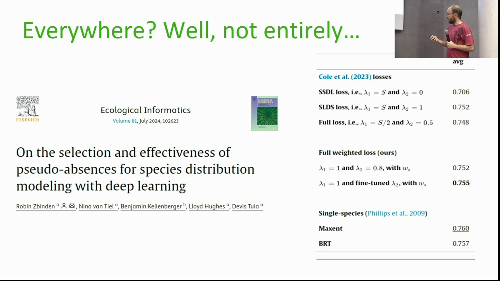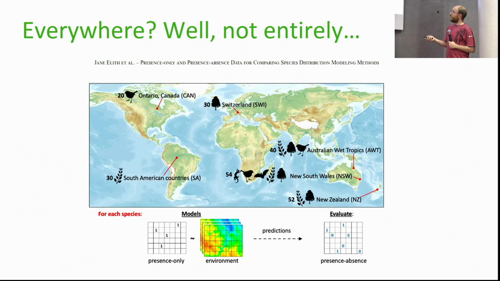This is on a data set that we also saw before, by Jane Ellis and others, where there is no remote sensing data, right? There's only tabular data. And in a way, deep learning didn't bring an advantage here. The feature extraction capabilities of deep learning just didn't play a big role in this data set either. And it seemed that we would be better off using traditional non-deep learning approaches.